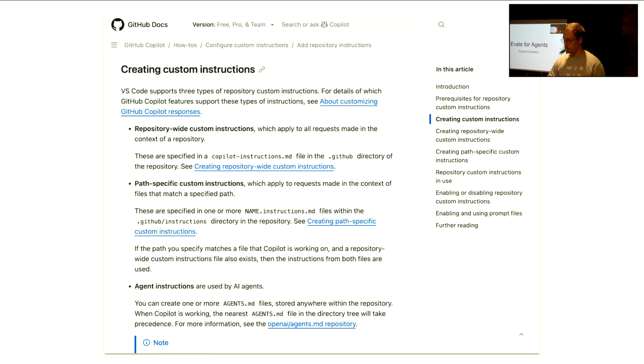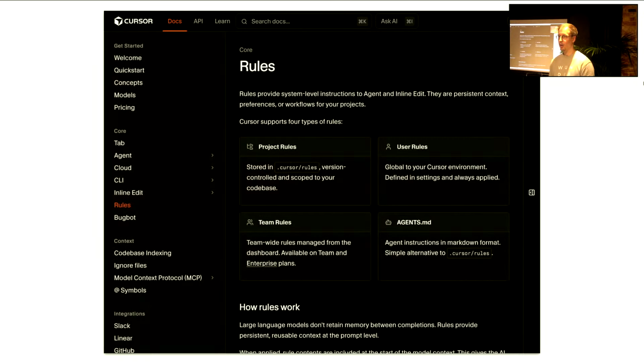I'm not going to ask who is using these tools, but I'm going to ask who is or has used GitHub Copilot in VS Code or in some other environment. Okay, and those who are, can you keep your hand up? Who of you have used these custom instructions files? Some not. Okay, all right. How about Cursor users? Hand up. Have you used rules in Cursor? Some, but not everyone. Cool.